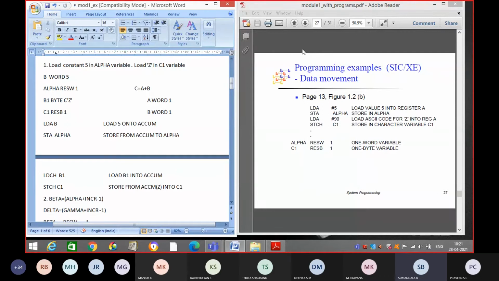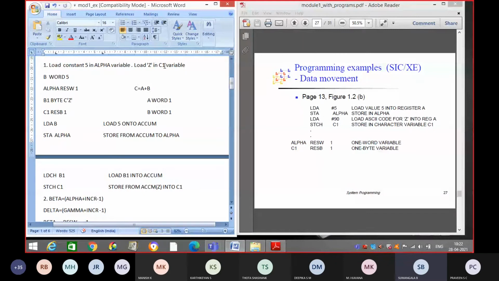Okay, in that the first program, write number 1 and write what you are seeing in the Word document. Load the constant five in alpha variable.